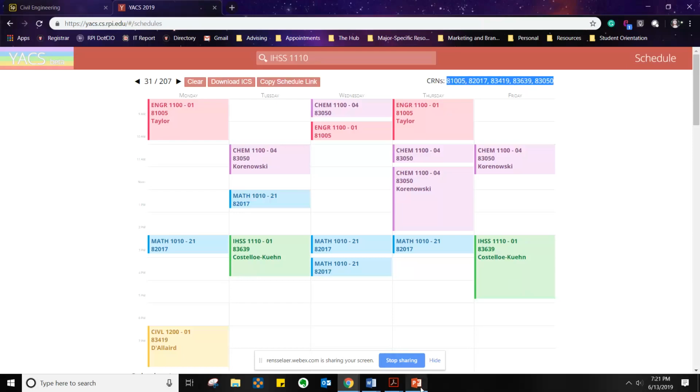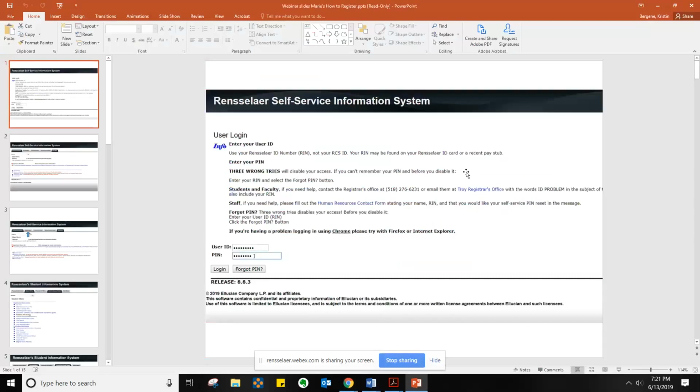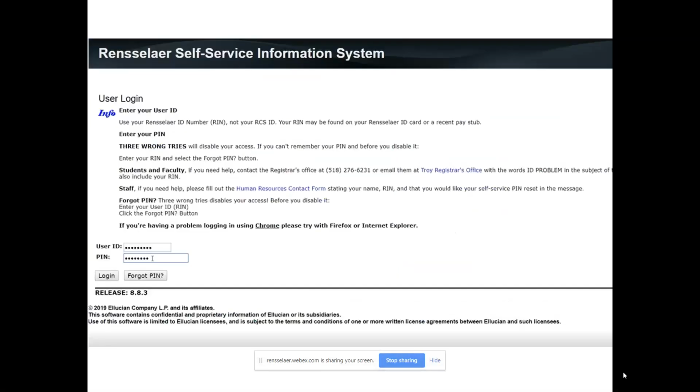So I'm going to open up this PowerPoint. One of our lovely students here on campus helped us put this together, because what we see when we log into this is very different than what you see. Again, the registration guide can give you much more detailed information on how you're going to log in and get yourself set up. But basically, you're going to need to know your RIN. That's your ID number here at RPI, and everyone across campus will always ask you for that number. And to start, your birthday is going to be the PIN number.